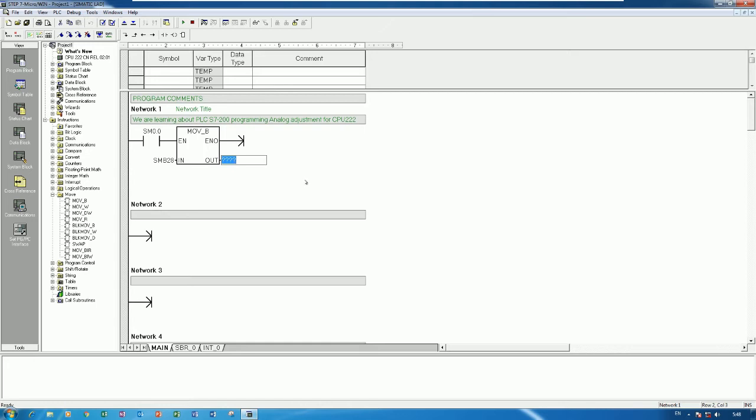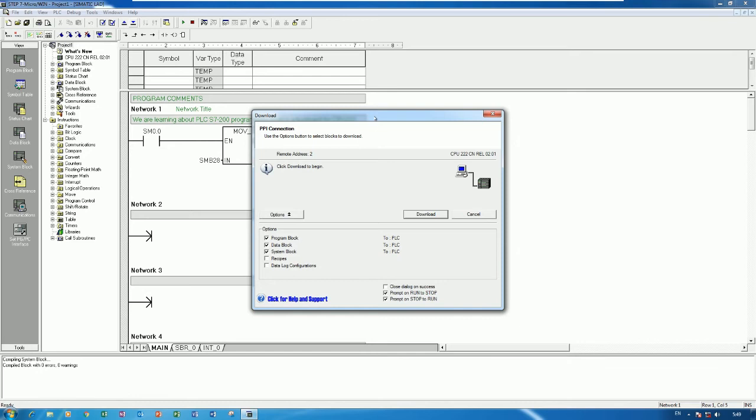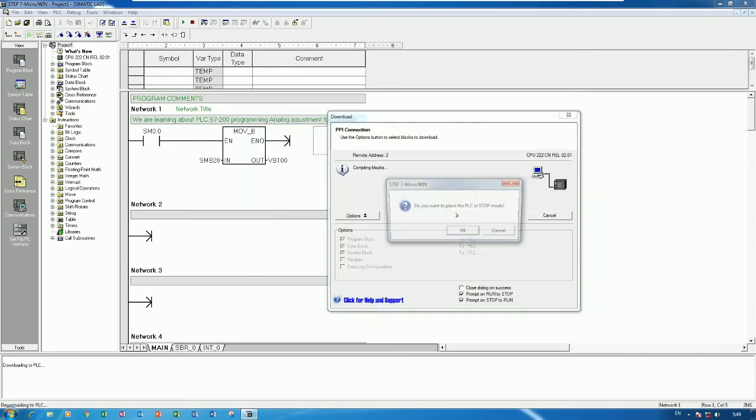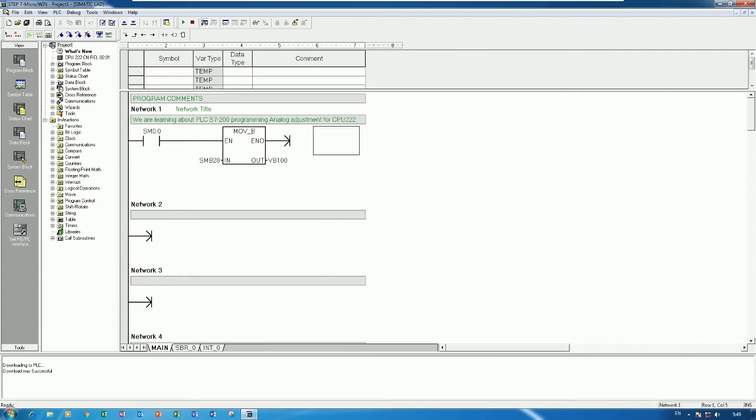Here we can write VB, because it is byte memory, for example VB100. Like this, and we can compile. Error 0. So let's download to the PLC and then start adjustment to see the raw value of SMB28. I will download to the PLC, run, and then go online. Good. Right now you see the existing data linked from the CPU is 166. So if I adjust the port 0,